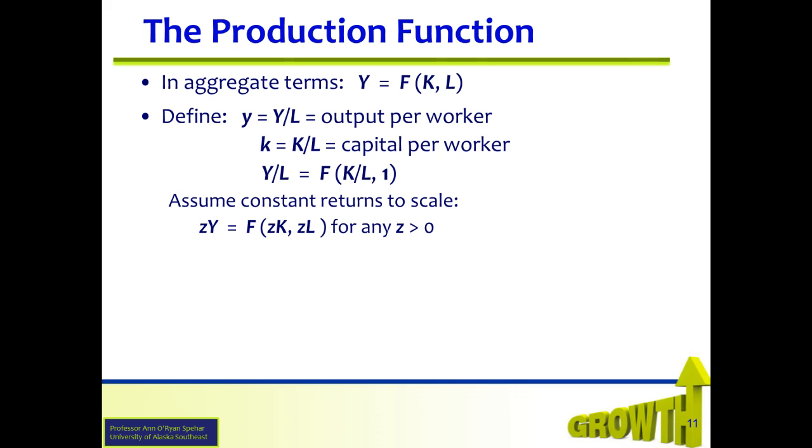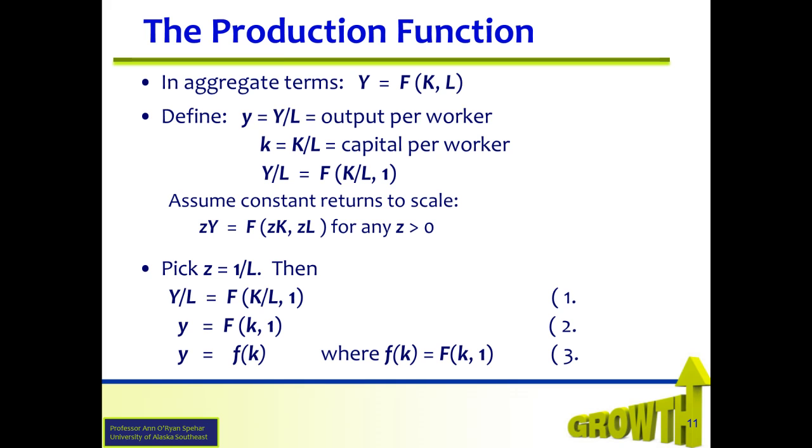If we let z equal 1 over capital L, in essence, we've defined a production function that is only a function of capital, or more specifically, capital per worker. Notice the notation of small letters to represent per worker units. Small f is a function of capital per worker. f of k is a per worker production function. It shows how much output one worker could produce using capital per worker units of capital.